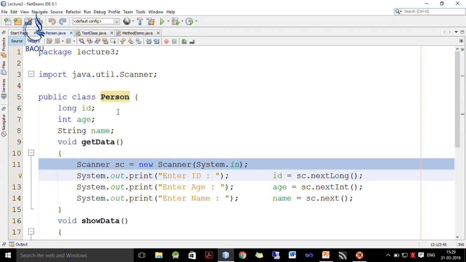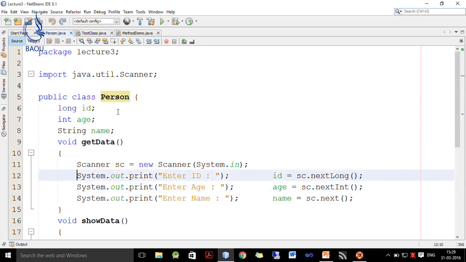Now, to actually read data from the system, I define one scanner class object and its source is the keyboard. Then I ask the user to enter id and it is read as next long, since the type of id is long.